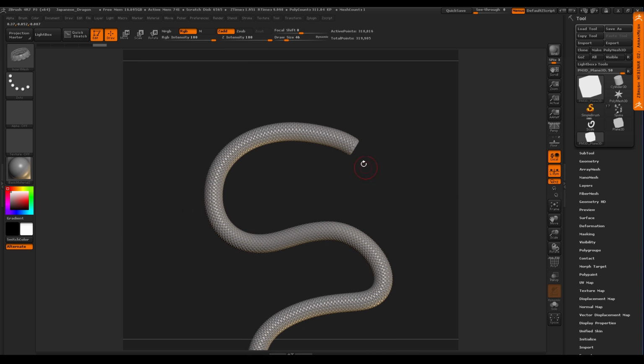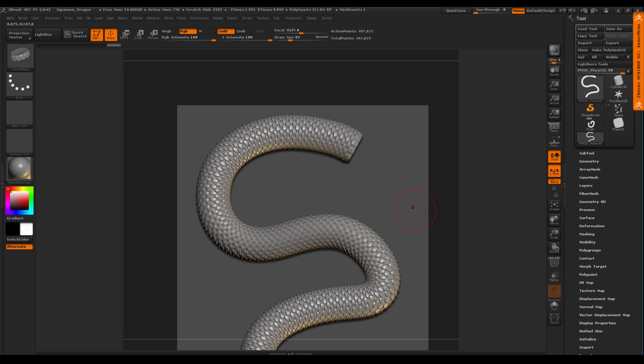Really nice feature. I want to change the size of the scales. So all I do is, anywhere in the open document where I have the red brush size, I just change my draw size. And if I tap now on the curve, you can see that the brush is turned to an aquamarine color, I can tap and see now they get bigger. Right? So you can see this is pretty much how I made my dragon body. This is how I did it, and this is how I did the arms too. I just made this a brush.